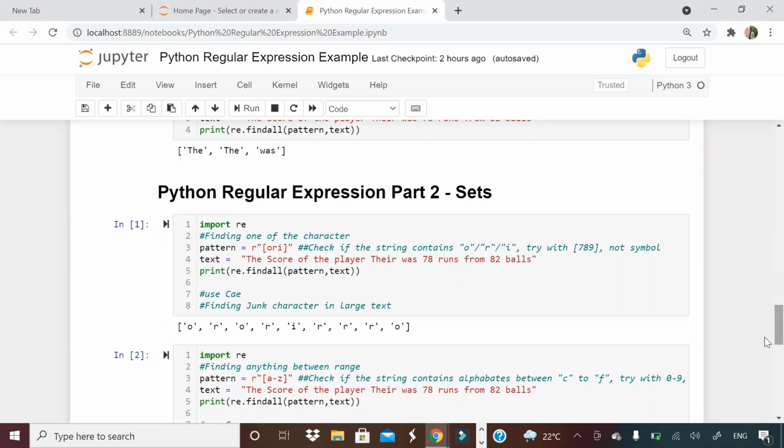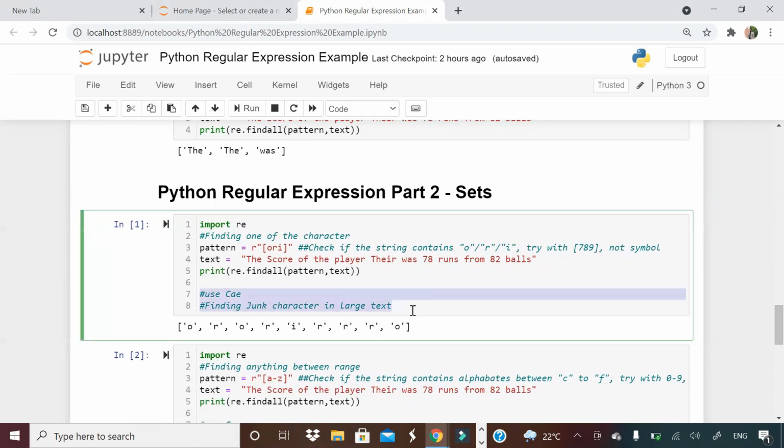So what I'm going to show you in this video is some of the more regular expressions in Python and how you know which areas those will be useful. I'm going to give you some use cases where this kind of regular expression is going to be useful from my experience. Okay. So if you have not seen part 1 of the regular expression tutorial, you can see that, guys.